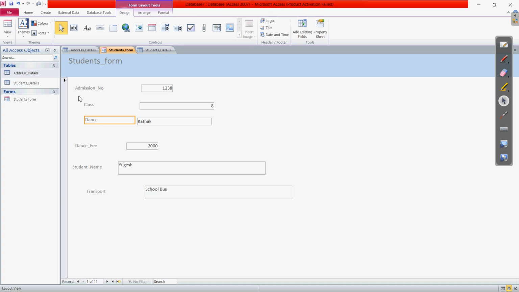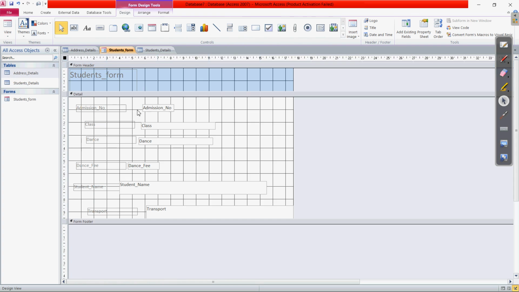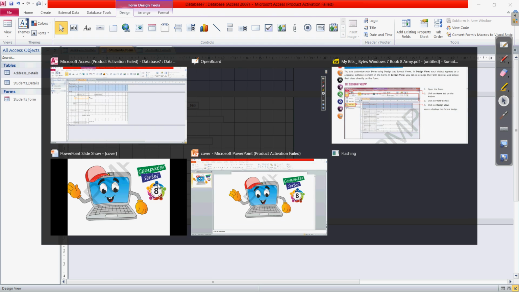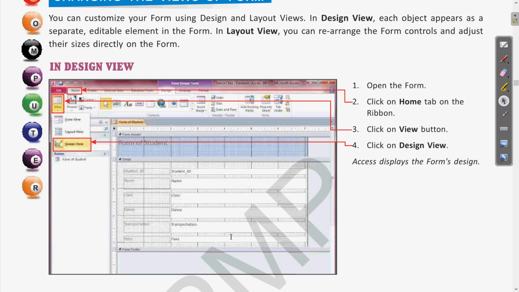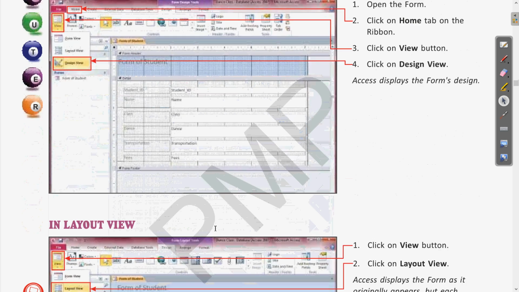When we choose the design view, let us come again to the design view. Here in the design view also you can see the different data appearing to us. From here also we have the option of editing those. If you want to drag something to any other place, it can be dragged. So these are the two approaches. This way we can control the different things of the form we have created. These are the two views by which we can control the layout of the form.